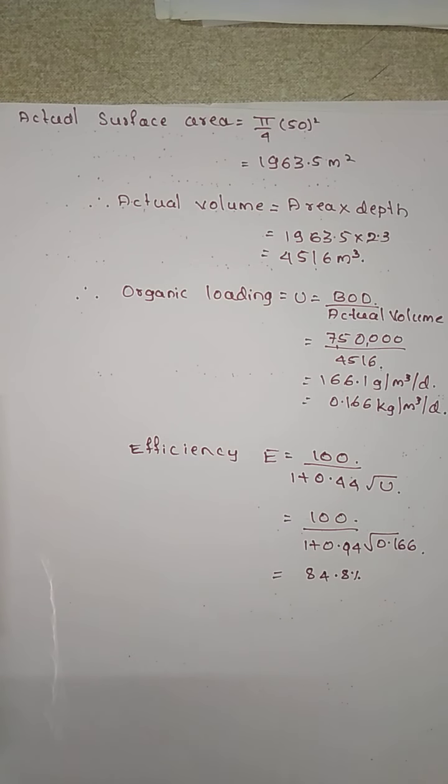So this is how we have solved one problem of finding the efficiency. In today's class, we have discussed what a high rate trickling filter is, what recirculation is, why recirculation is required, and the different types of high rate trickling filter: biofilter, SRO filter, aero filter, with their different sizes and flow diagrams. Then we studied the difference between the conventional trickling filter and the high rate trickling filter. And we also solved one problem on efficiency, depth and volume determination of the trickling filter. This is how we have studied the trickling filter.